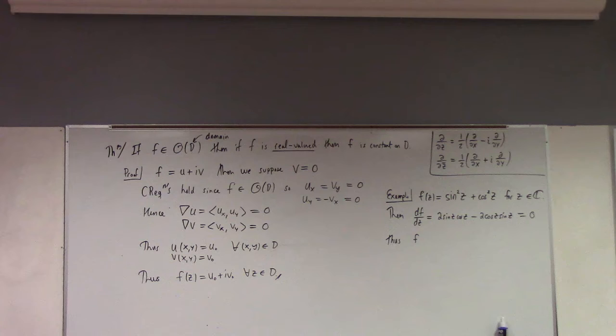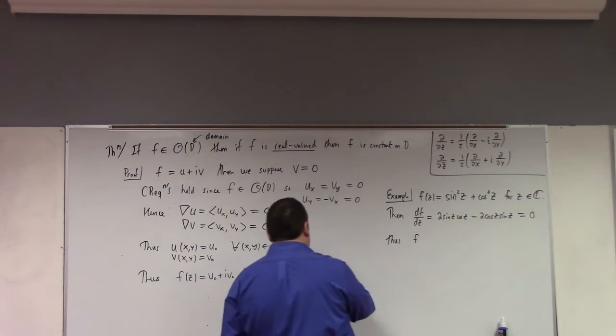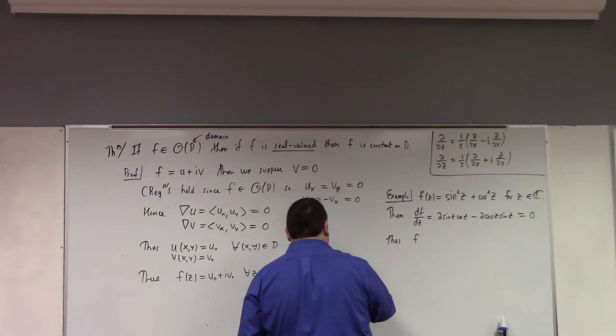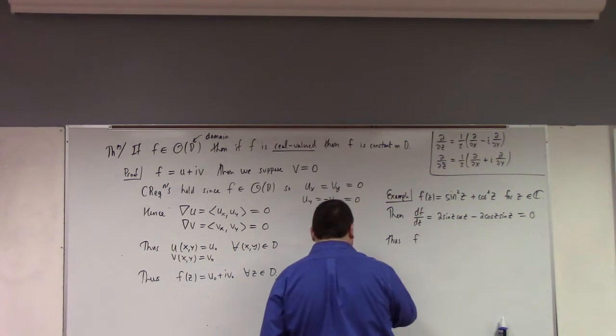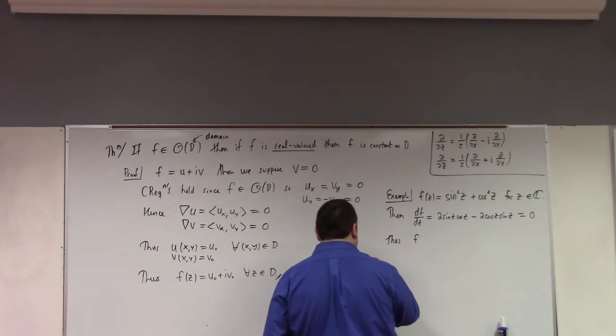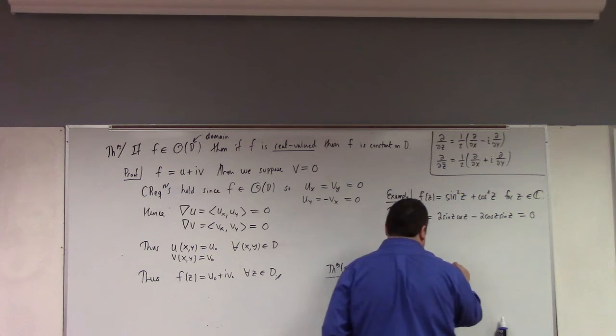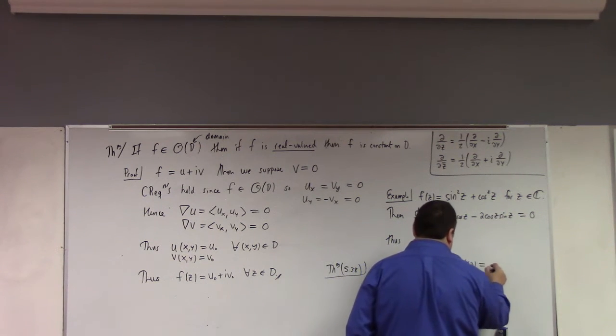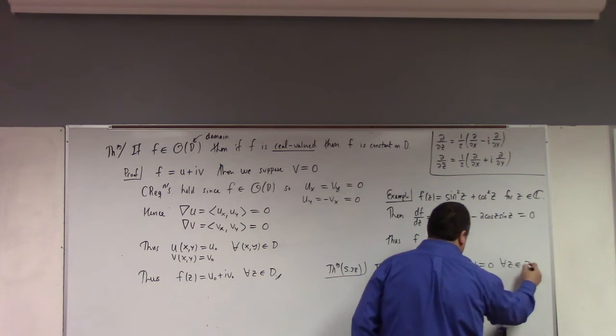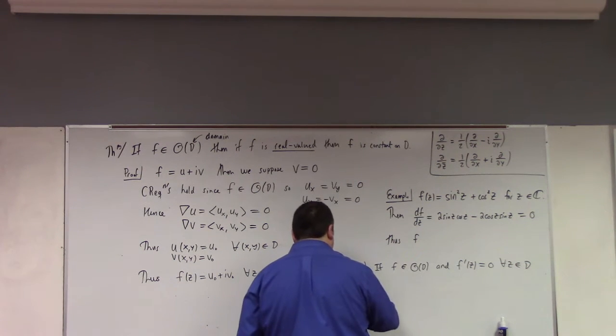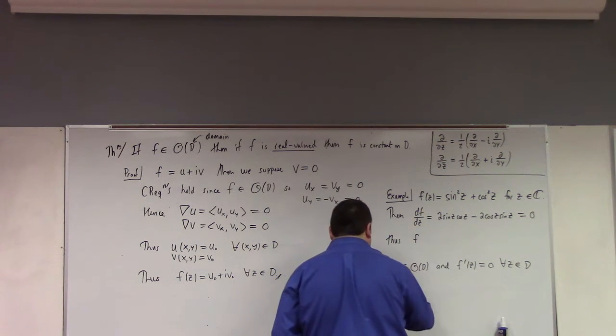I have a theorem, theorem 5.38, which simply says that if f is holomorphic with derivative 0, then f is constant. That's the one I forgot. I'm sorry, guys. I was supposed to tell you this one first. In my excitement about the conformality, I got a little bit off schedule here. So if f is holomorphic on D, all right, and f prime of z is equal to 0 for all z in D, then f is constant